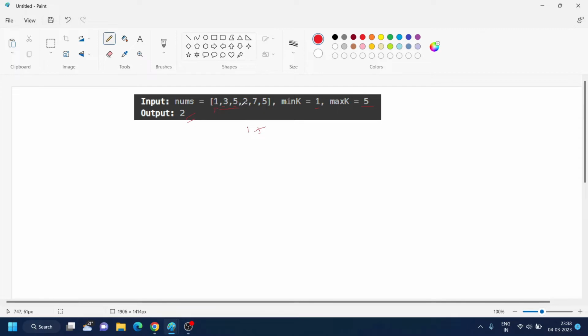Okay, very good. When you come here, it is also continuous, so you can return another subarray. That is 2 ways possible. But when you come here, it is out of bound, so it is not possible. And 5 alone is not possible as well because it does not have 1. So the answer is 2. So let's say if you have 1, 3, 5, 2, 7, 5,